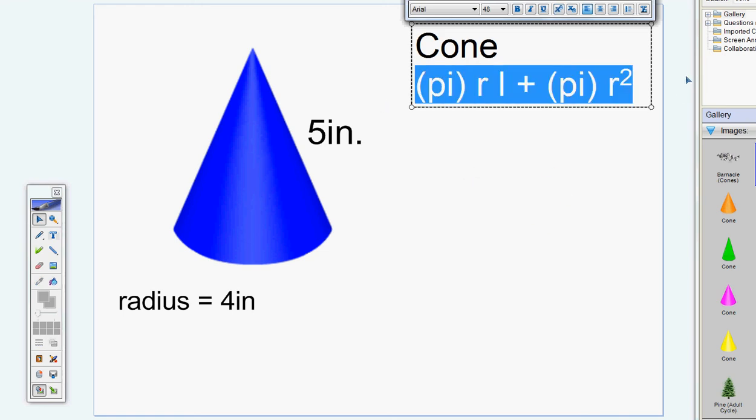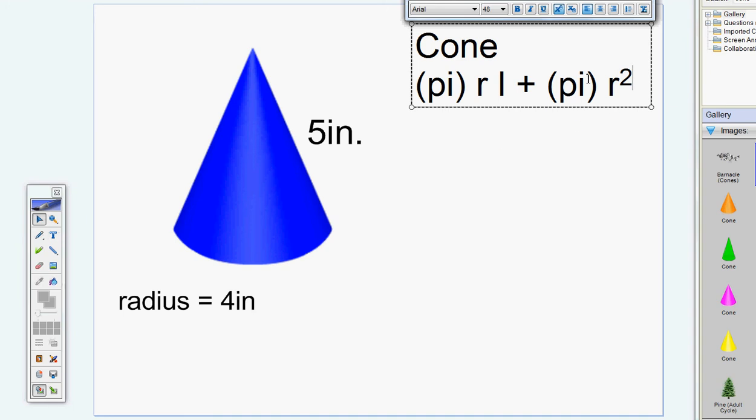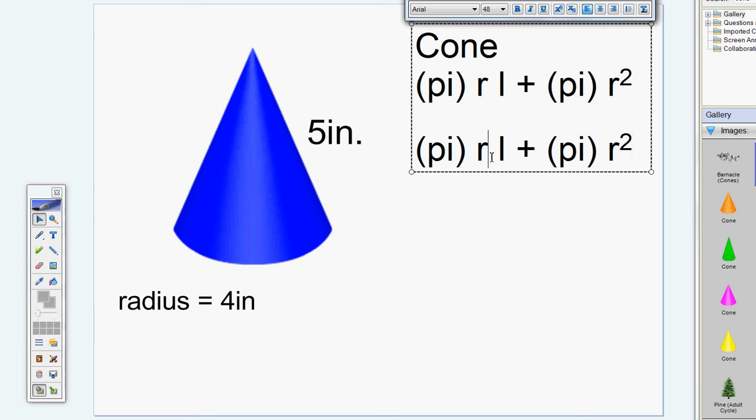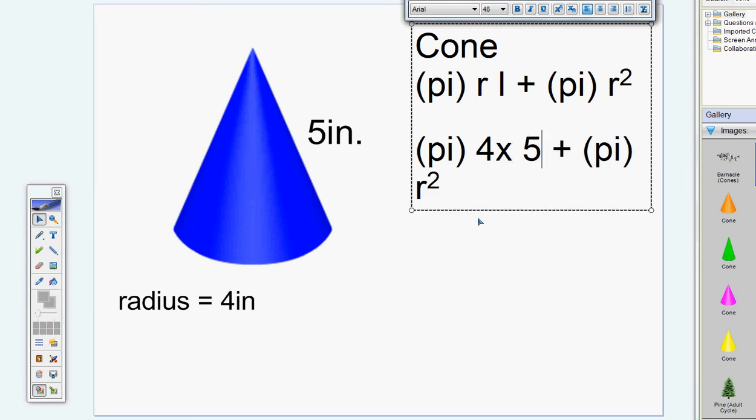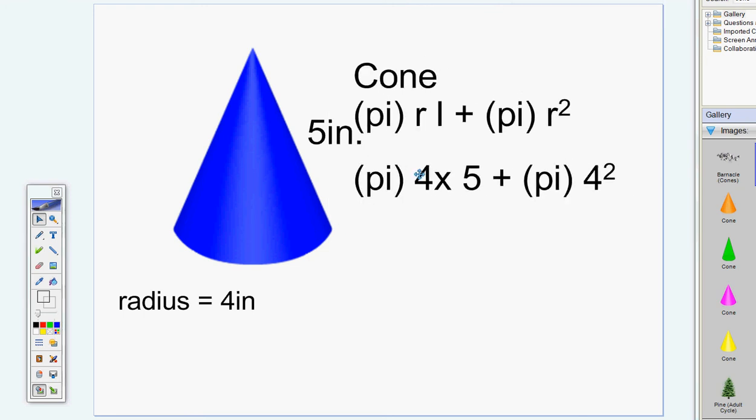We're just going to copy that, and then paste it there. Pi r, which is 4, L, the slant height, again, not the regular height, but the slant height, plus pi r squared, 4 squared. So we're going to put that in our calculator. And then we're going to finish it off with this one here. So pi times 4, or I don't even need to put pi, pi 4 is fine, times 5 plus pi 4 squared,